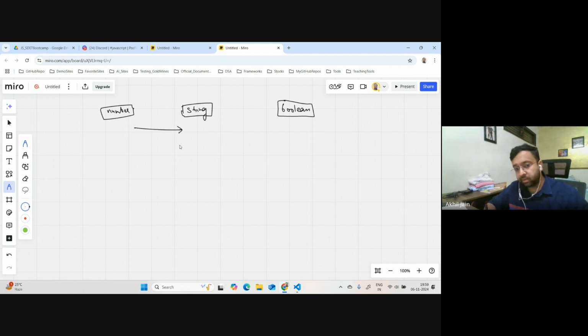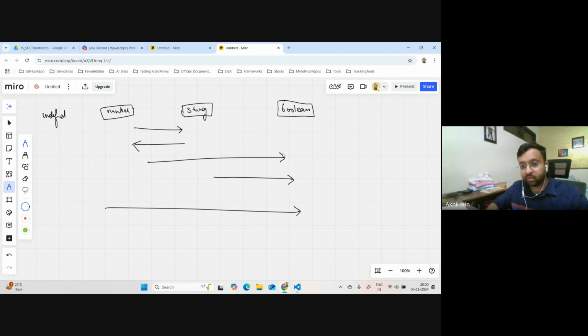If you want, you can convert a string to a number. Similarly, this could be different in other languages, but in JavaScript it is possible. You can convert a number to a Boolean, and you can convert a string to a Boolean. And for that matter, you can convert undefined to Boolean, and you can convert null to,